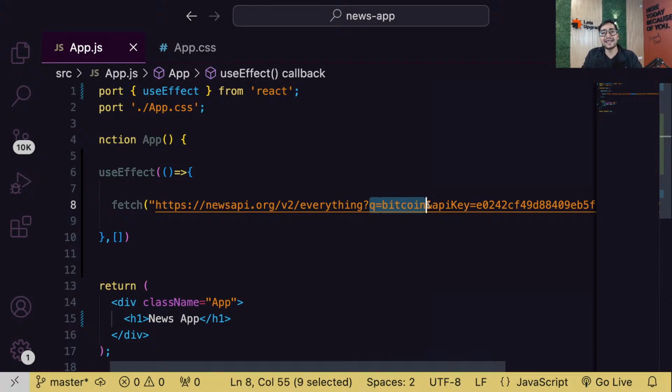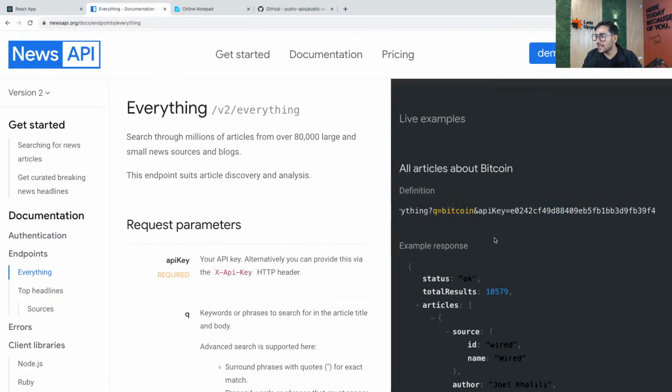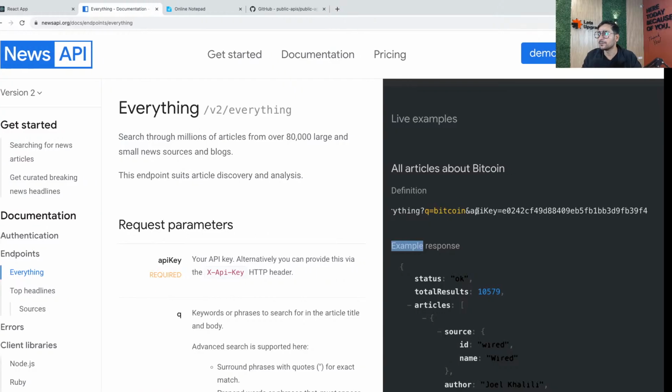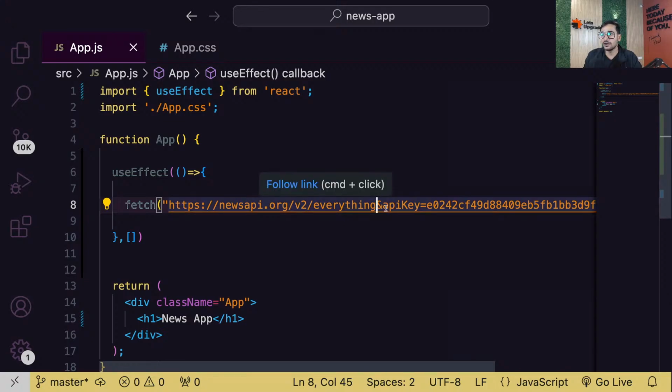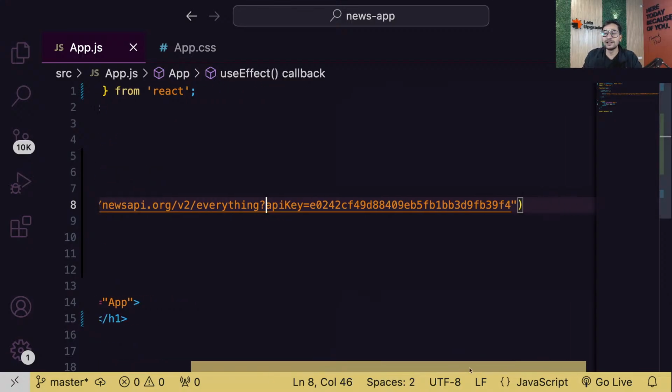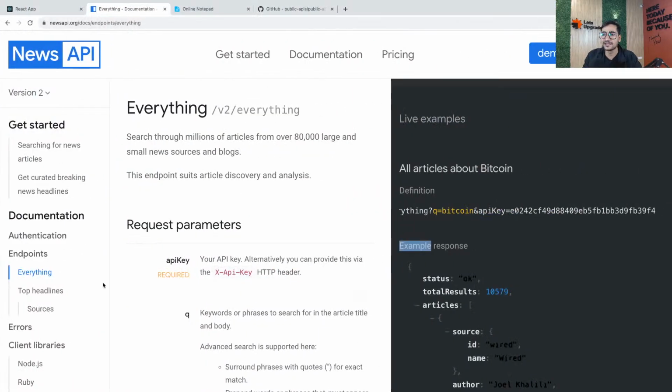Right now what I want is everything. I want to see if they have anything for everything. So it's v2/everything, hopefully. Let me remove this q equals Bitcoin, because I don't want news related to Bitcoin. I want each and every news. So let's try this URL only: /everything and then a question mark. The API key will be this. So that's how you'll build the URL. Simple. I hope this URL works. I don't know why they have not given any URL for basic news.